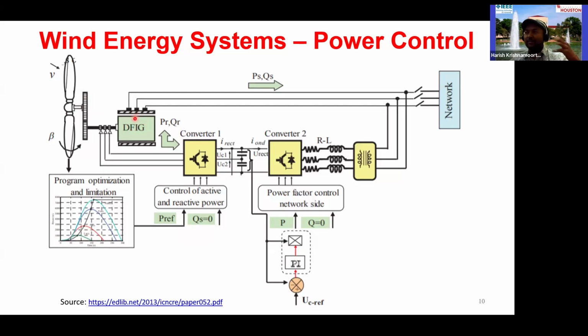As simple as it seems, the voltage that is generated by the generator is AC, not DC. In this application, because it's a doubly fed induction generator, the stator is directly connected to the grid, at the grid frequency. But in many applications, if you're using a permanent magnet generator, which avoids gearboxes,